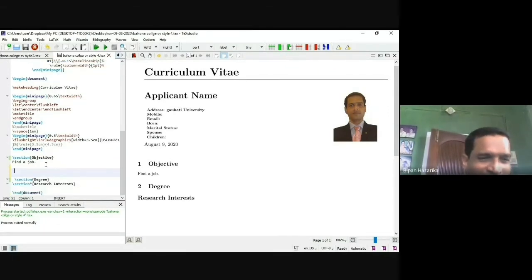Then here a section is given, say research interest. Here it shows the research interest, so you can write your areas of interest. In the next section, if you write say list of publications and input the publications, it will take them.